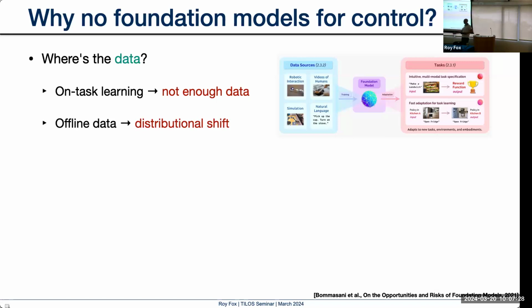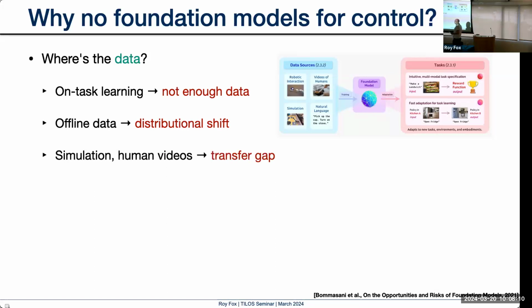Use offline data, the big data sets that people have collected over the years in many labs. There are more and more of those, which is very exciting, but there's a big distributional shift between that data and whatever happens when I deploy my agent. In control, unlike many other domains like vision, what I do affects the states I visit. So when I do something different than what they did in the offline data, I see a different distribution of states. I might see states that I never saw in the data, and then does my learning really support what to do in those states? That's a big question.